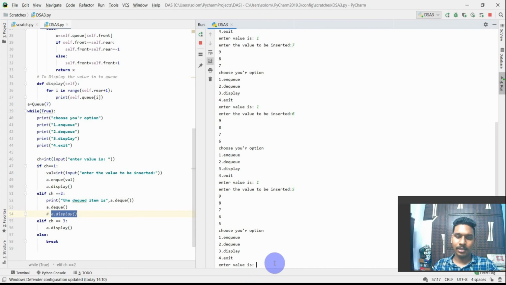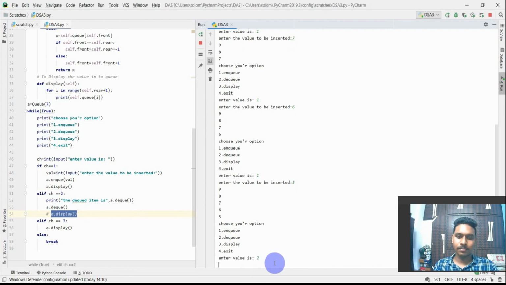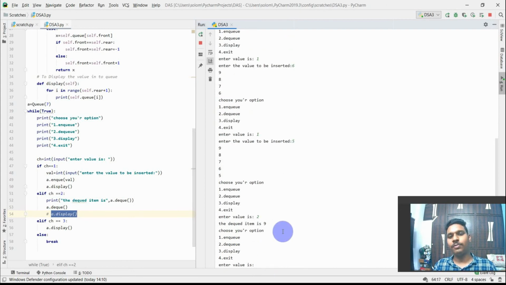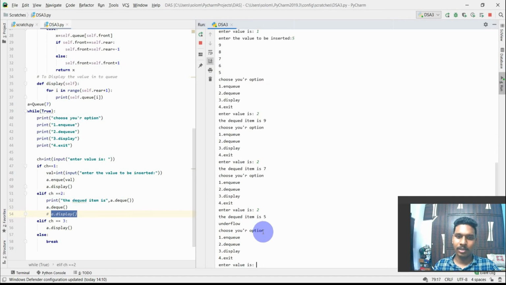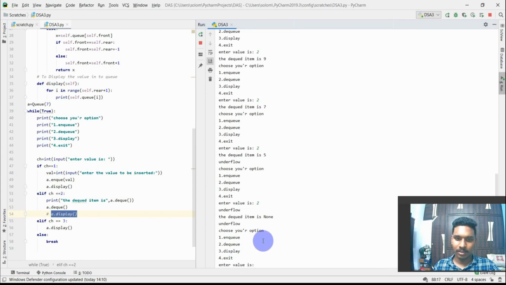So I am dequeuing the values now. The dequeued value is 9, so the first element 9 is removed. Then I'm going to dequeue again. The dequeued value is 7. Then again I dequeue the value, that is 5, and again I want to take the values out.